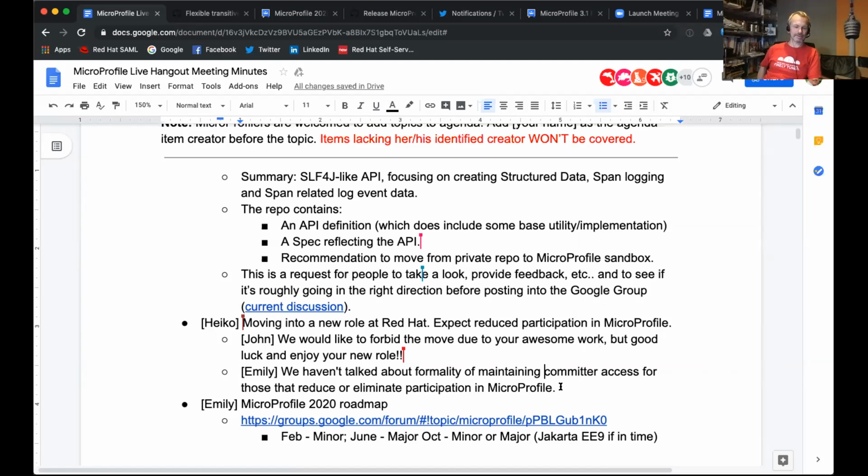Yeah, I mean, it's not unlikely, but I just need to concentrate on other things and can't really commit to continue doing my best over here. So I guess it's better that I step out and leave the space to others. And with Jan, I have an awesome colleague doing work, and then there's still Don and Felix and the others in the MicroProfile metrics group that do awesome work. So I think everything is in good hands anyway.